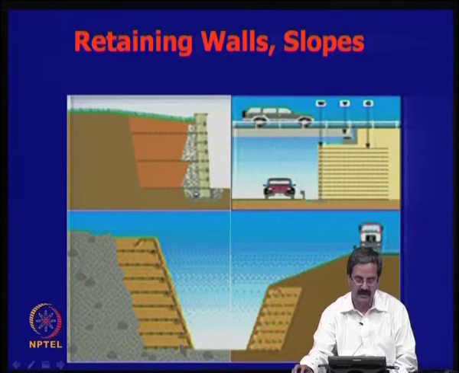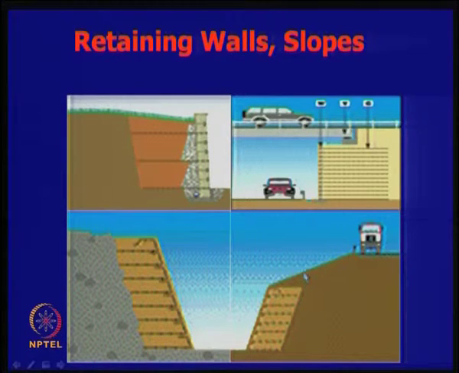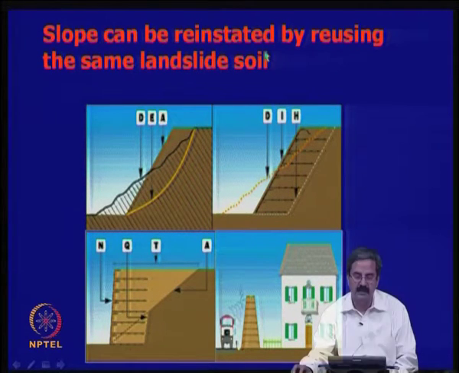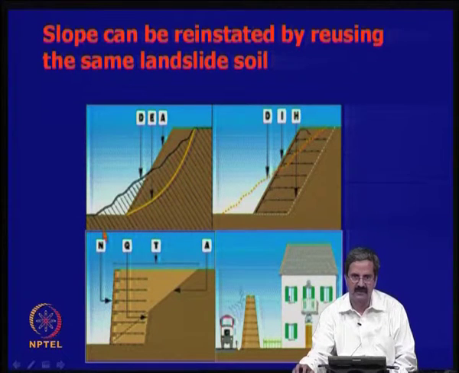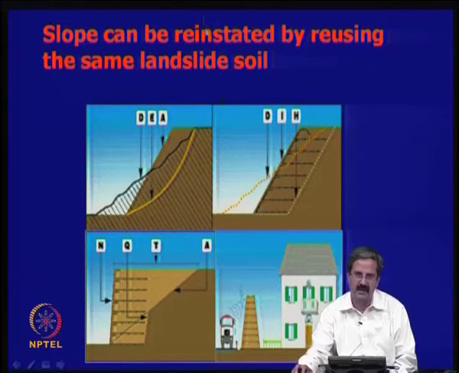Then this is a case of a reinforced slope, in which you can construct the slope to about 70 degrees, which is not otherwise possible by soils alone. You can see another type of example, which is also a reinforced slope. Then soil can be restored by reusing the same material. Sometimes a slip occurs in the case of a slope failure; this is the failure surface. You can repair that by using the same fill material and putting in a geogrid properly.